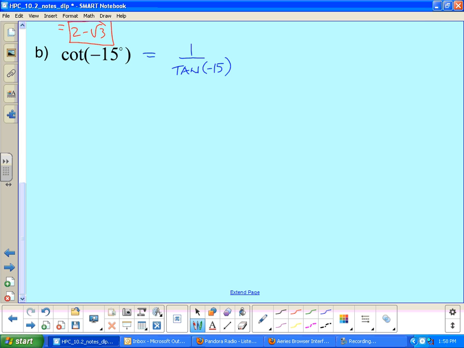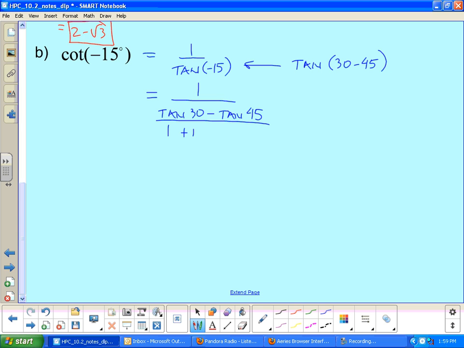We'll set up first of all, how am I going to get that negative 15 out of here? 30 minus 45 would work. So we're going to go tan of 30 minus the tan of 45,